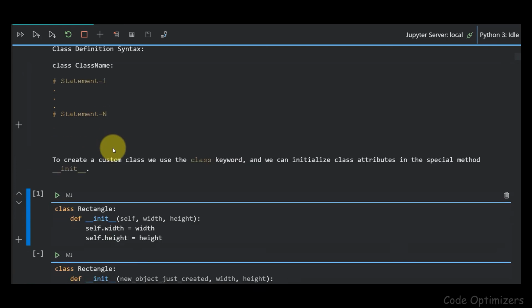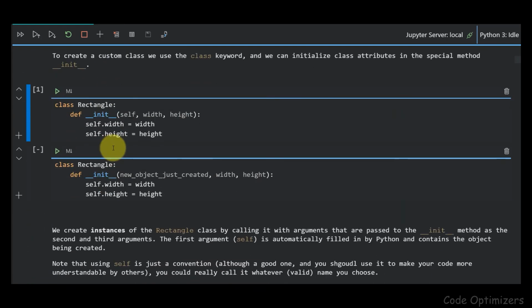Now we create a rectangle class. So now we want an initializer. In Python the initializer is implemented using the dunder init method. This dunder init method runs once the object has been created. So there are actually two steps in which we can create an instance of our rectangle class.